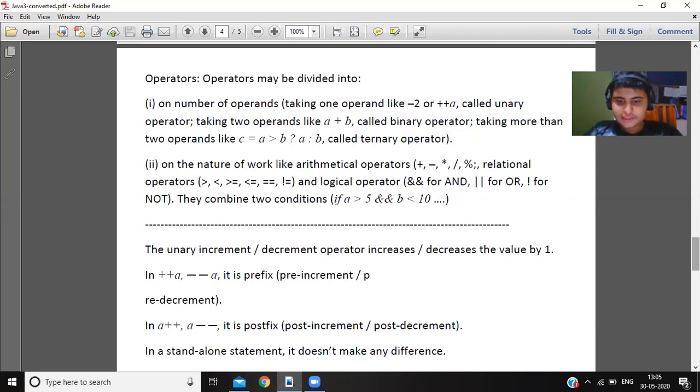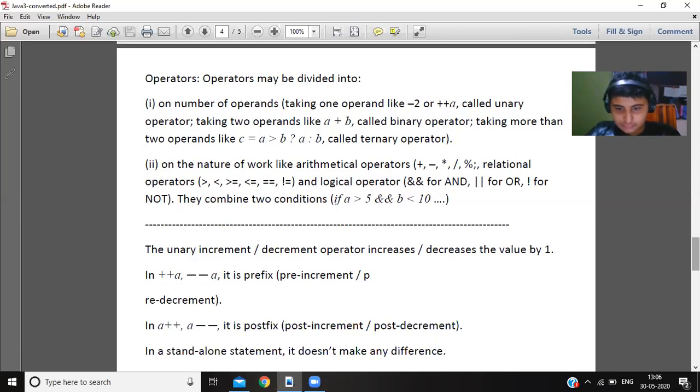Sir, can you please explain identifiers once? Identifier is another name for variable. When you are saying A equal to 5, A is a variable. Why is it a variable? A can change. A equal to 5, A plus plus, if you say, A will become 6. With A minus minus, the value of A will decrease by 1. So the value can change. It is called a variable, and another name for variable is identifier. Just like constant, another name is literal.